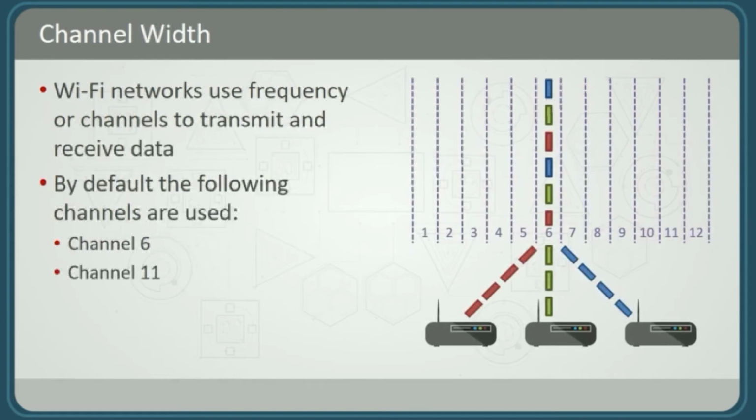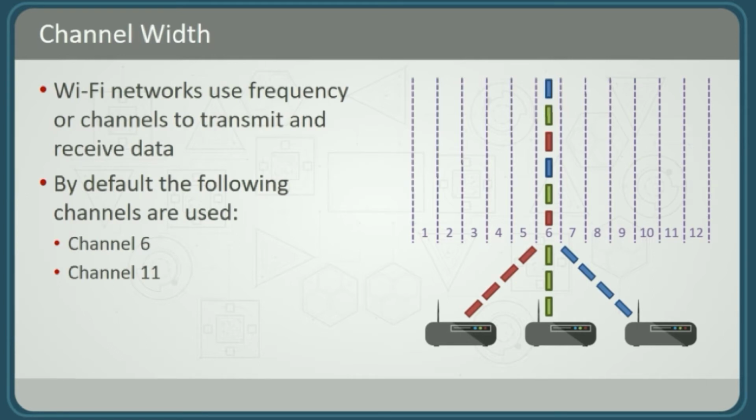Now, Wi-Fi networks, of course, use the frequency or the channels to transmit and receive data, as we know. And by default, the following channels are used, 6 and 11. So if you look at the configuration of some of those wireless routers, for example, very likely you would see those channels. And that might seem somewhat arbitrary, but there is a reason. And it comes down to the fact that